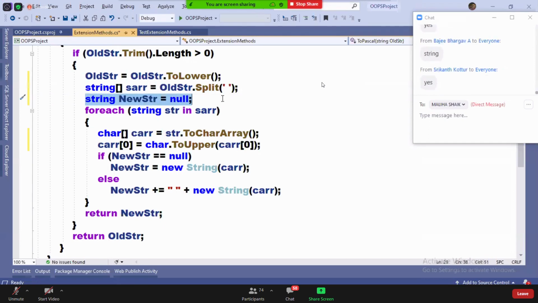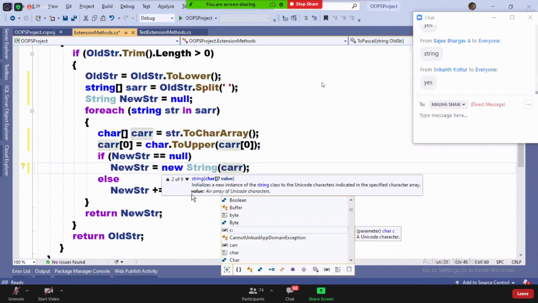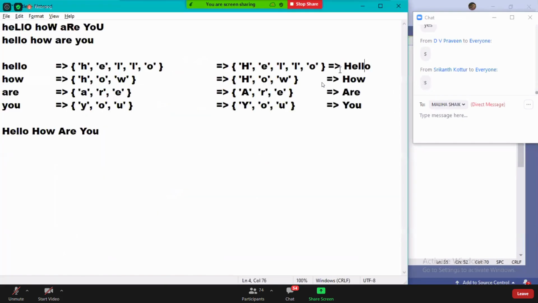If it is null, I am creating an instance of the string class by passing the character array. There is a string class constructor which takes a character array as a parameter. Are you clear? So it is converted into a string now. Hello is ready.